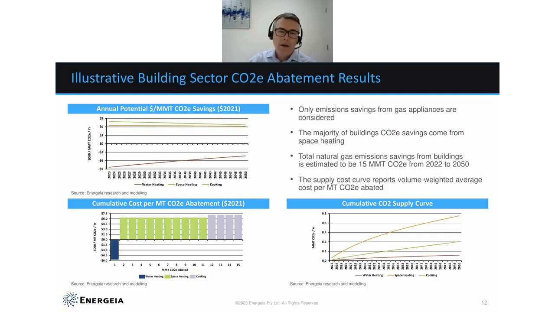The second most important element of the analysis is up here, and how much you're paying per MMT of CO2 over time. And you can see water heating, you're starting with the easiest stuff first. The highest, best ROIs are being adopted, but over time it starts to level out as more marginal options are left remaining. You've got space heating and cooking. They have net real costs, but that's declining over time.